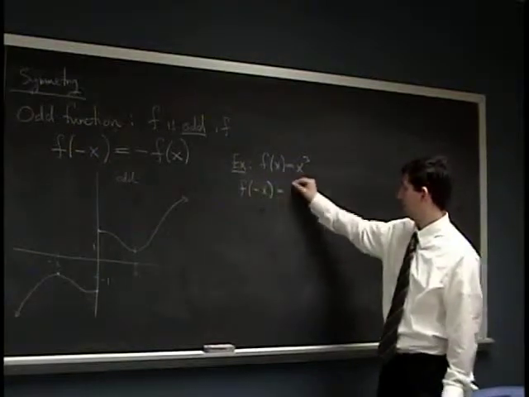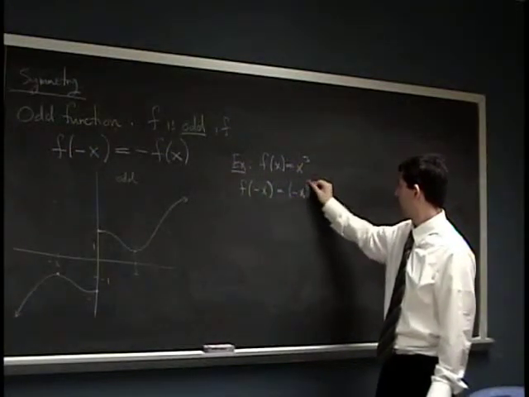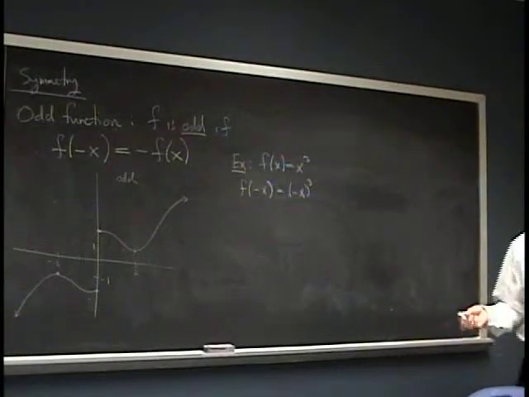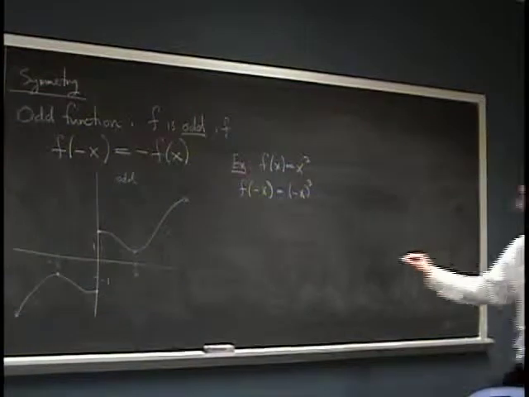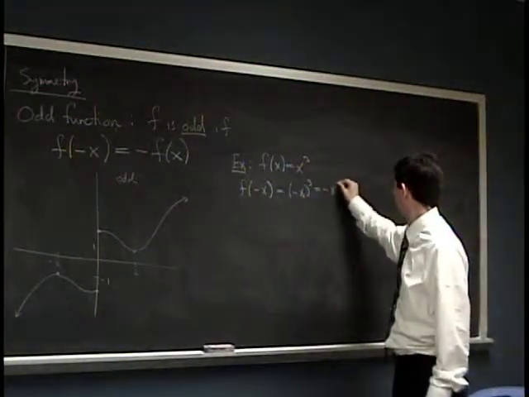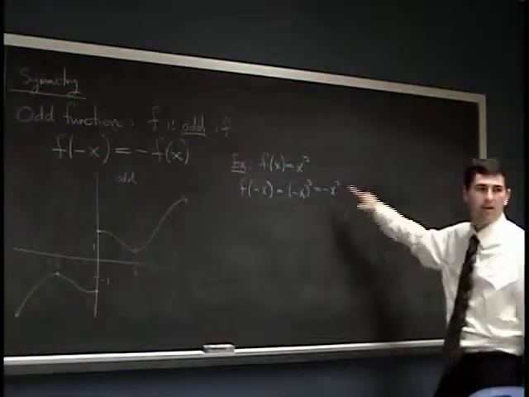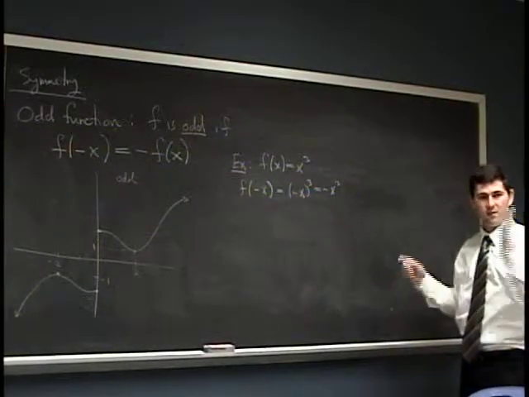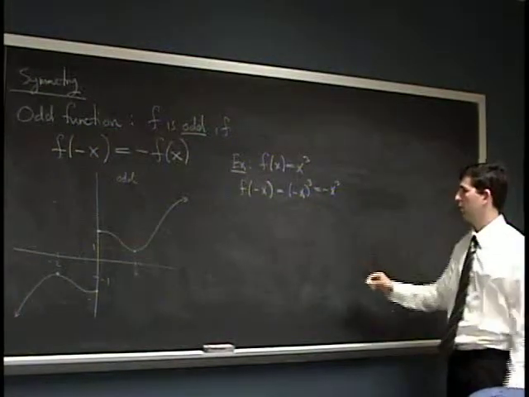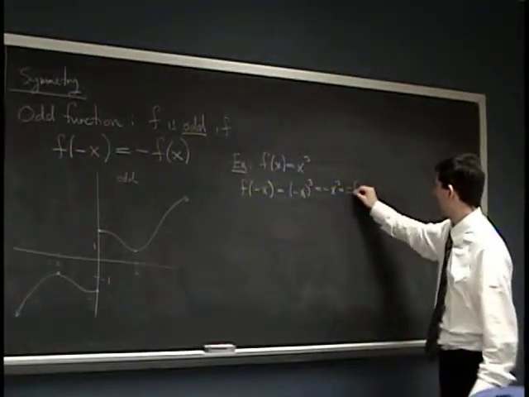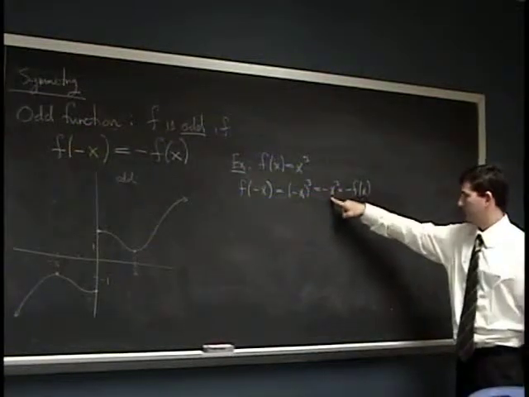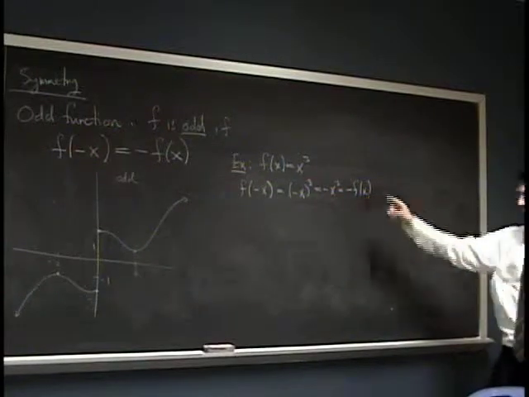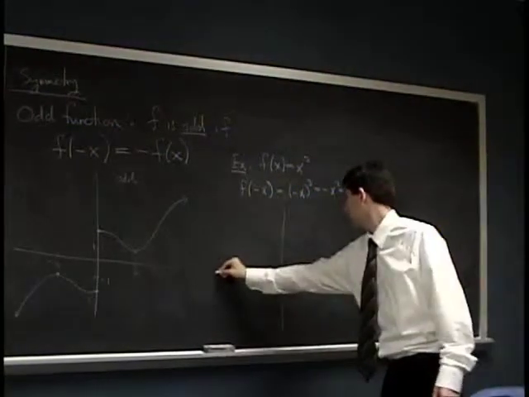So f of minus x is minus x cubed. And what is minus x cubed? It's minus x times minus x times minus x. There are 3 minuses, so it becomes a minus, and then you have x times x times x, which is x cubed, so minus x cubed. But of course, this is exactly minus f of x, since f of x was x cubed. So it's an odd function, and if we graph it,